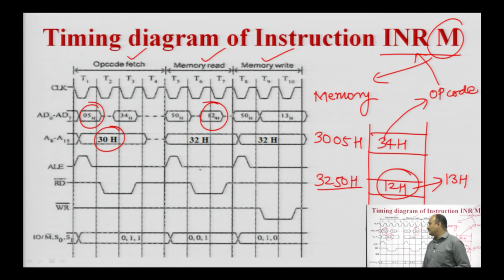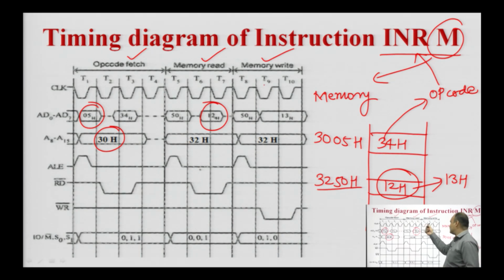During the T1 state, the processor will generate the ALE signal. With the help of the ALE signal, the multiplexed address and data lines are demultiplexed. The processor will carry the 16-bit address with the help of the A0 to A15 address lines. The read control signal is generated by the microprocessor between T2 and T3 states to enable the memory device. Once the device is enabled, the processor will perform the required operation, whether it is the opcode fetch operation, memory read operation, or memory write operation.